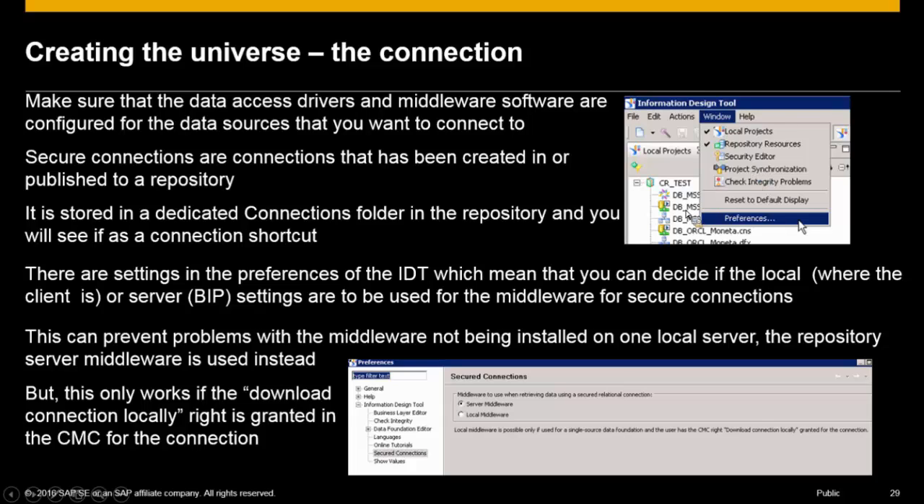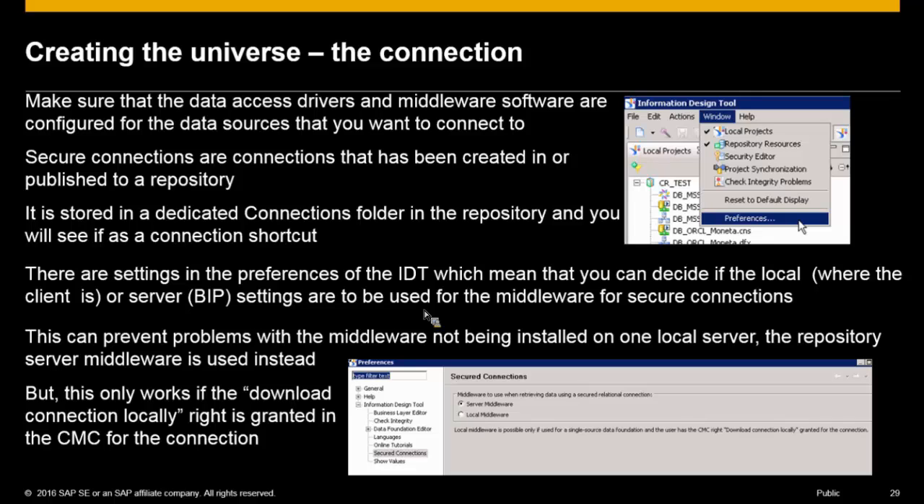So there are also settings that you can set in the preferences of the information design tool, which means that you can decide if the local, so local means where you're running your client from, in this case Design Studio, or you can use the server, your BIP settings, to be used for the middleware of the secure connections. So for example,